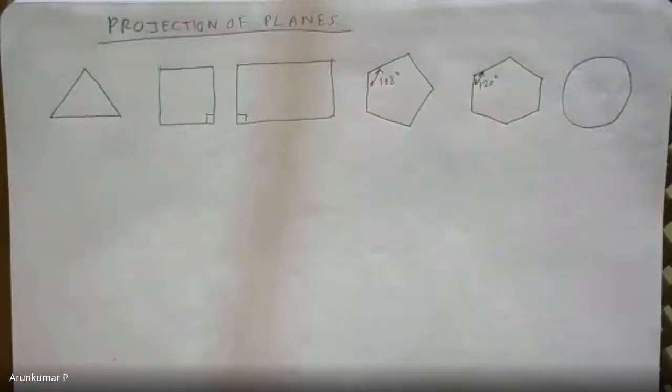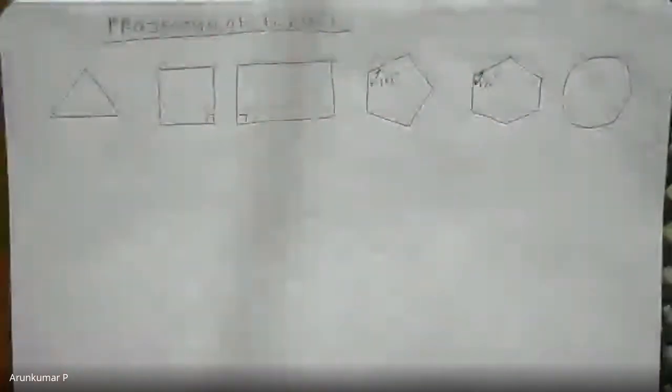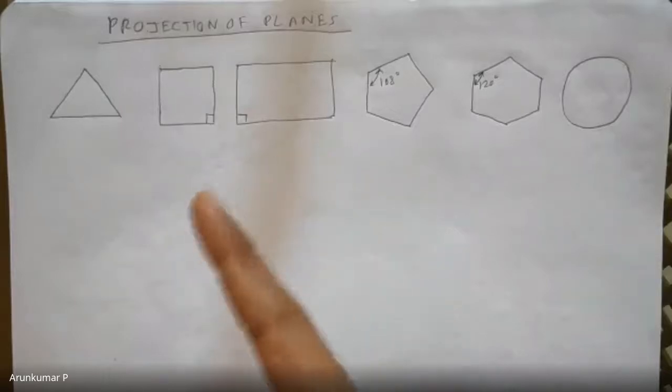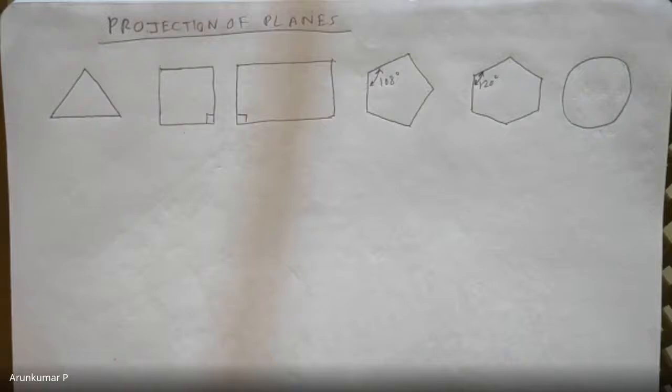Simply because every problem that you solve here in projection of planes involves three steps. That is the reason why it takes a little bit of time to get the solution. So yeah, we'll start with the basics. I think we will start with a triangle, or to better understand the concept, I think we should start with a rectangle or square. Then the concept of projection of planes will be clear.